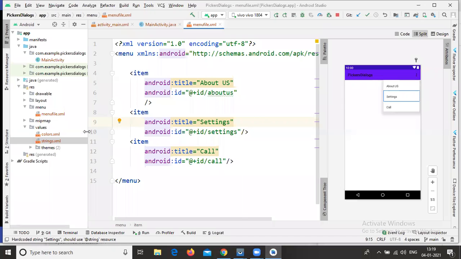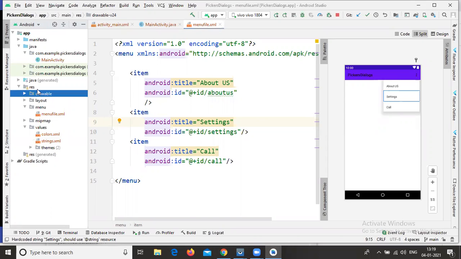If you want to add icons, first of all we need to create icons in our project. There are two ways. One is getting the icon from the computer, and the other is getting it from inside Android Studio. By default Android Studio provides a few different icons. In this project I want to use the inbuilt icons, the ones provided by Android Studio. In coming projects I will use icons from the local computer.